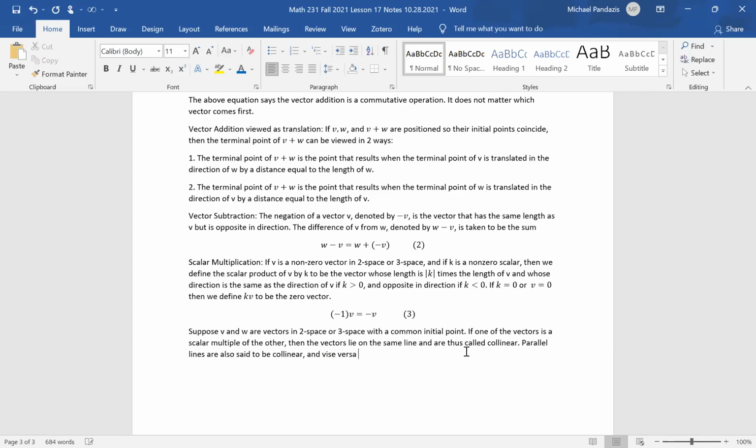Meaning collinear lines are parallel. So remember, it doesn't matter where a vector is. Vectors are equivalent if they have the same direction and same magnitude. So when we say two vectors are equal or equivalent, it does not matter where they are. So starting at the beginning, if you have two vectors with the same initial point,